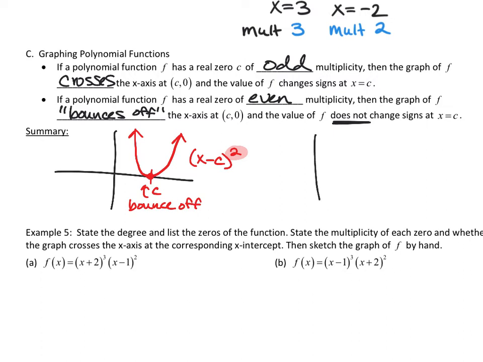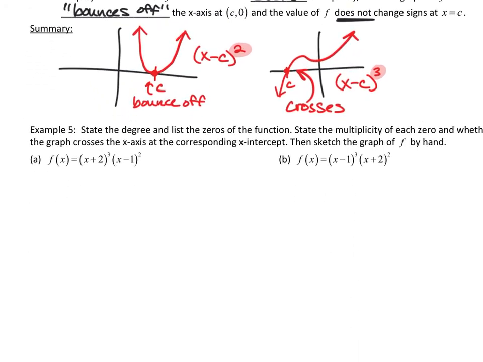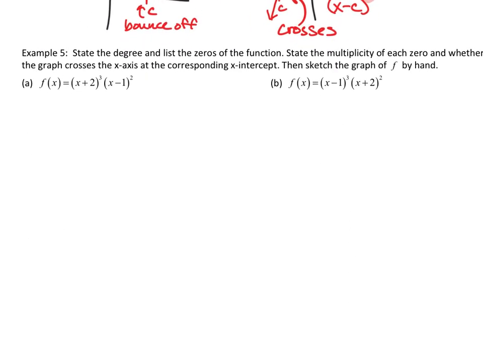But if I look at some sort of odd graph, something like this, I have one value c here as well that it crosses. It doesn't bounce off, it actually crosses at that point. That's because this value c would be some sort of odd number like 1 or 3 or 5 or 7. Its multiplicity would be odd, so it actually crosses through the x-axis. So that information about the multiplicity and how it relates to graphing is going to help us answer these questions